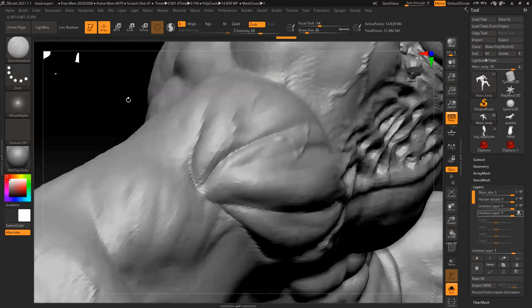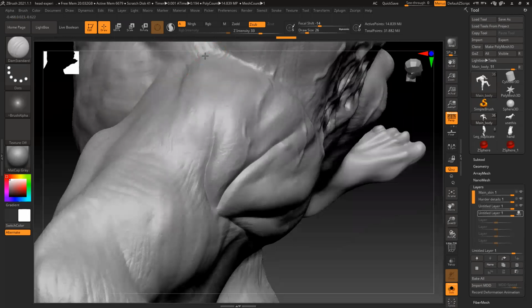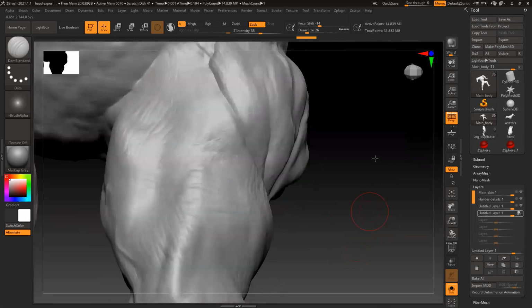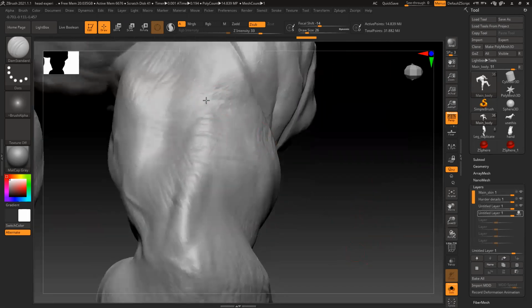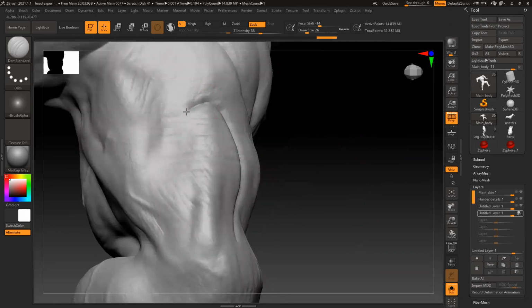Though this cut is not there in actual human structure, the shape is like not defined. Muscle is missing.